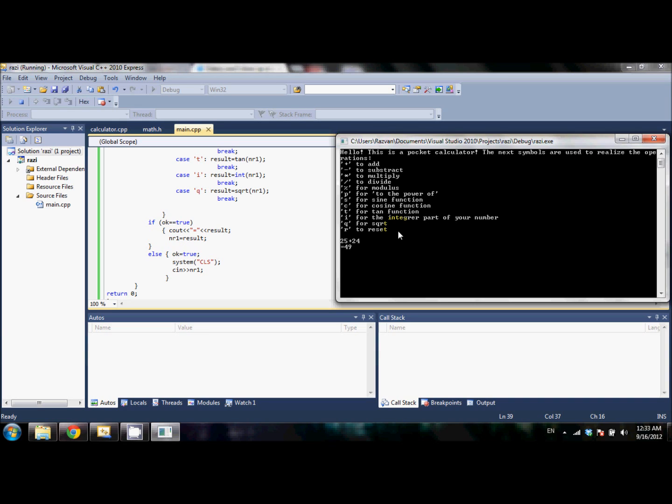Let's try to do more calculations to see how it is working further. So let's try to multiply with 4, 196, and let's try to do the square root. So q and enter, 14, and let's try to reset it. Let's see how the clear screen function is working. So resetting it, and